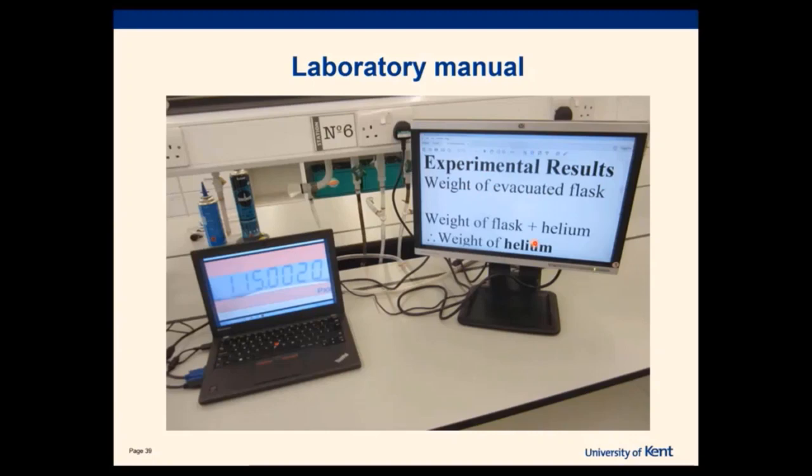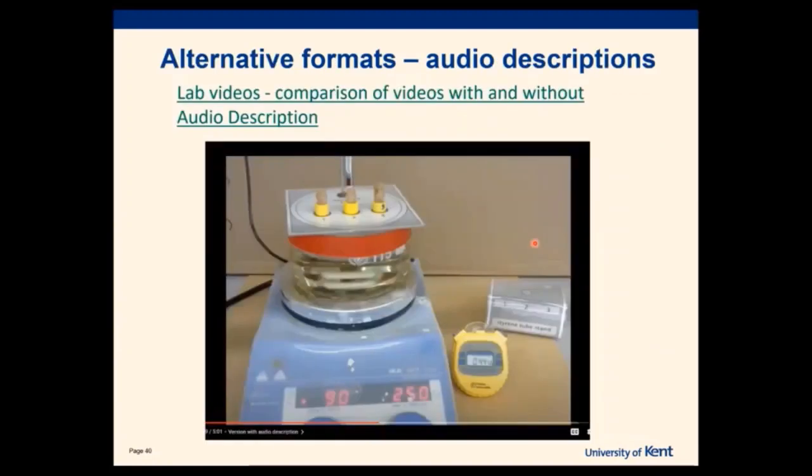So always speak to the person, as Ben said, and find out what works for them, and adjustments do not need to be expensive. So those of you that do training videos, please click on this link and see the difference between using and not using audio description.